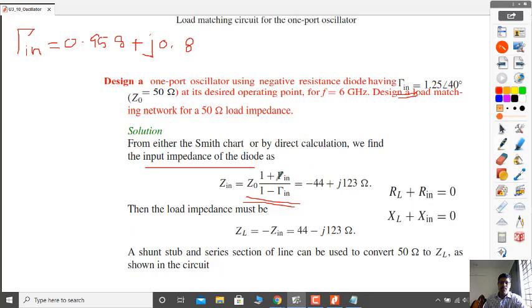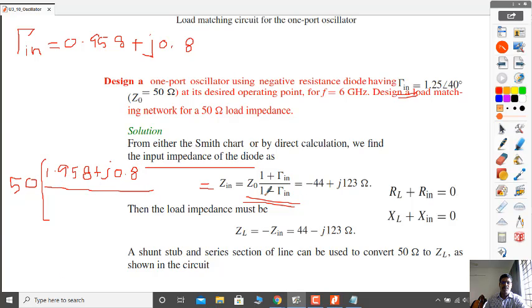Now we add 1 in the numerator, then Zin equals, Z0 is a 50 ohm system, therefore 50 ohm times 1 plus 0.958, which will be 1.958, plus j 0.8,